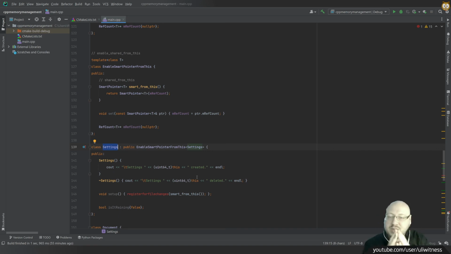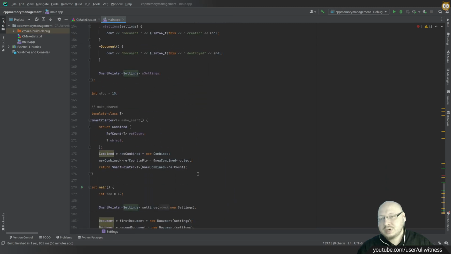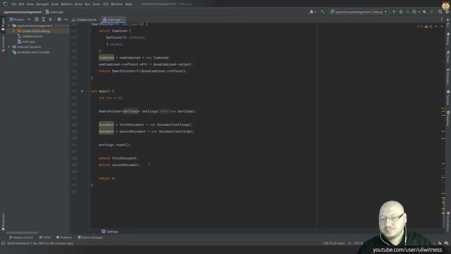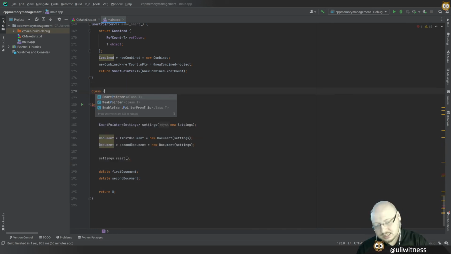But they're class specific. So what if you have subclasses? You can't really typecast them. Usually what you would do is, if you had a subclass of document, so say a class PictureDocument,